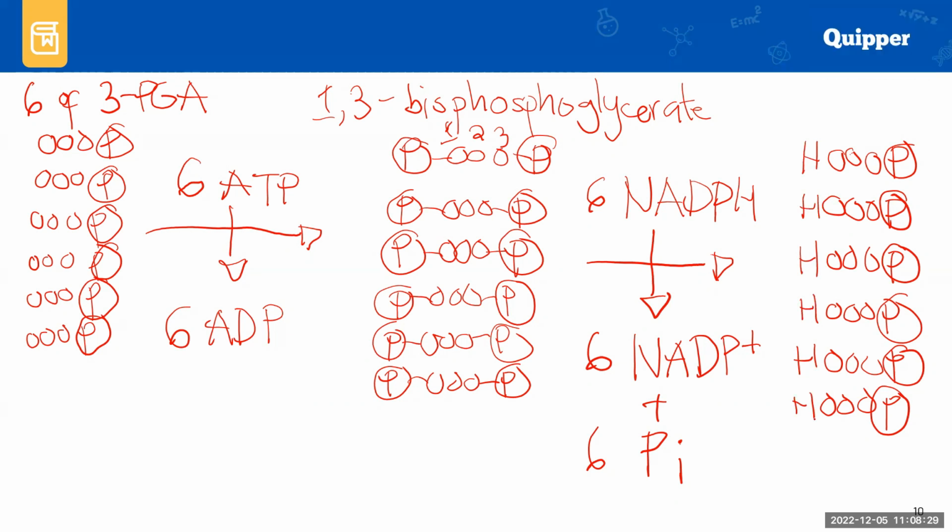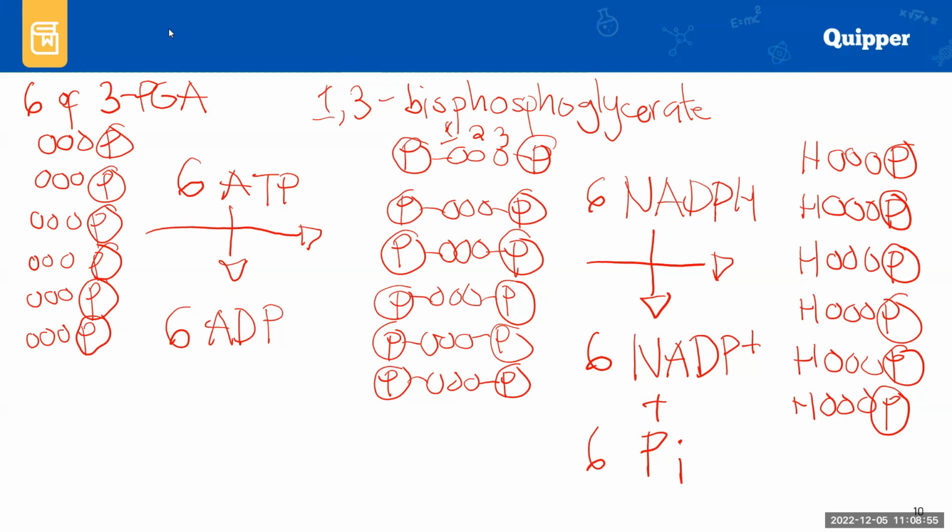So parang naging replacement siya doon sa phosphate. Okay? So this molecule now, this is now a different molecule. Magkaiba na yung molecule na to dito sa 3-PGA kasi may additional hydrogen atom siya, di ba? So this molecule now, this is now what we call as